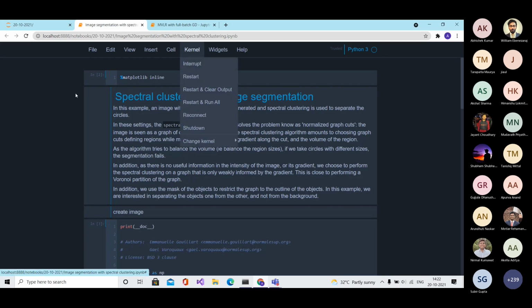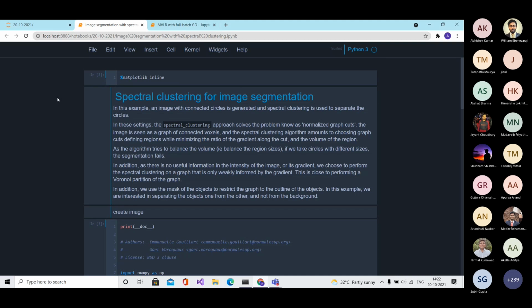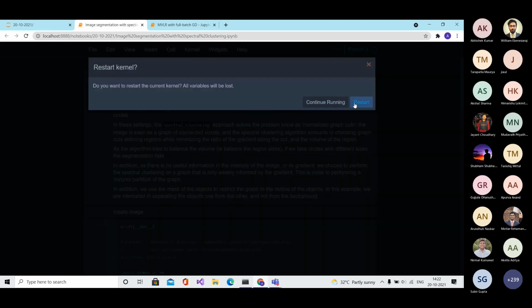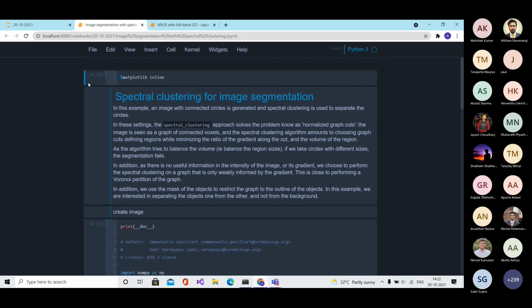I will explain using this Python notebook, which I'll upload right after I finish this session. If you remember, in the very beginning of the lab sessions, the first 2 to 3 labs, we discussed the basics of image processing using Python.